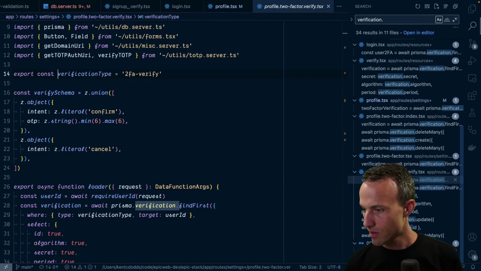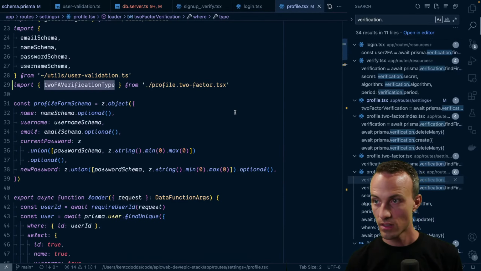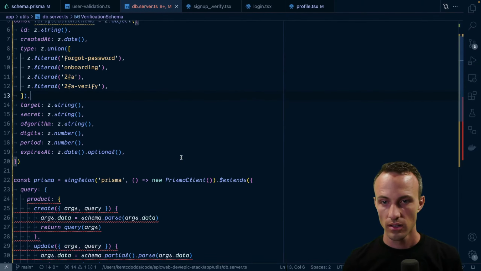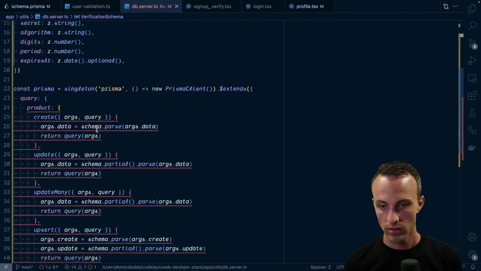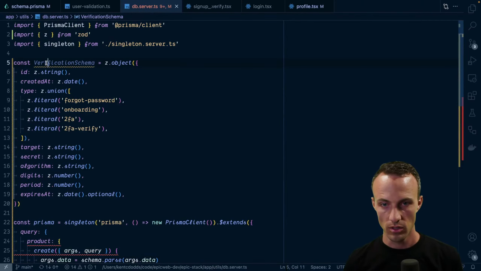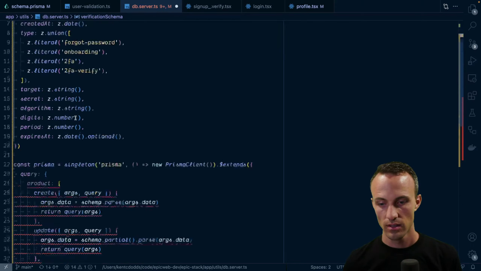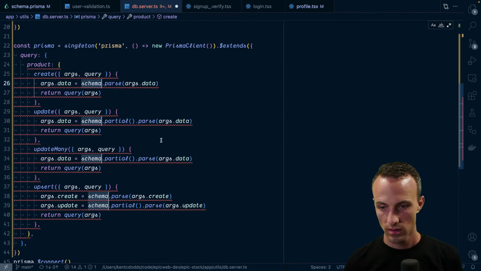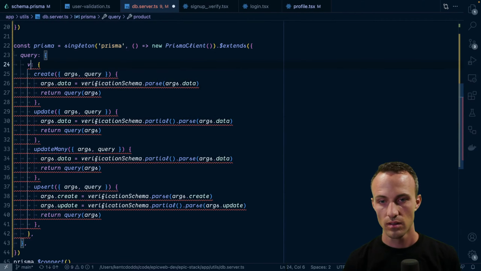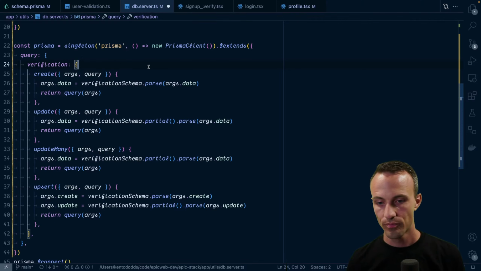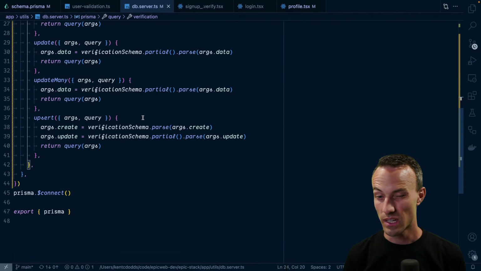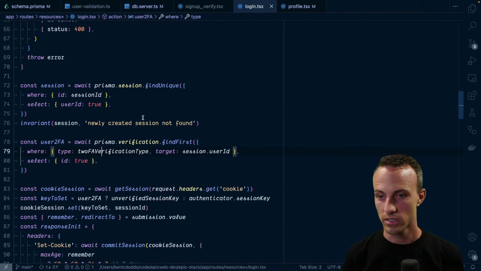Yep, that's 2FA verify. Yep, we're good. Okay, so now coming back here, got our verification schema. Oh right, I am lowercasing these now. There we go. Okay, cool. So what that should mean now, I think, if it works as I expect,